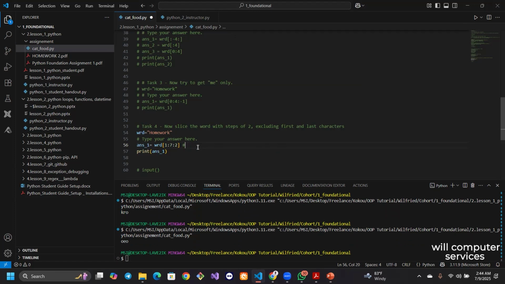We have homework. Our starting point is 1, which means we are not starting from 0, so we are excluding H. Our stopping point is 7. And from the original text,